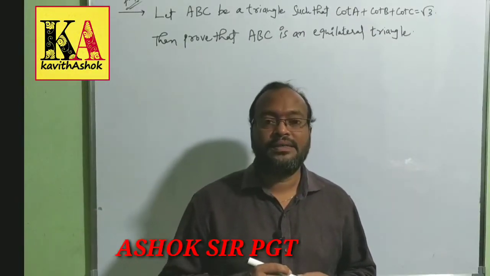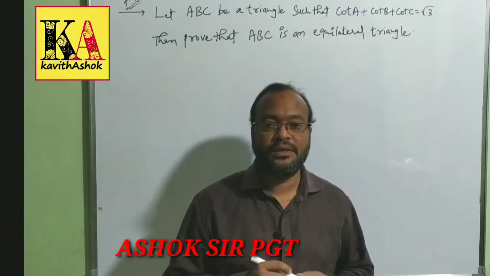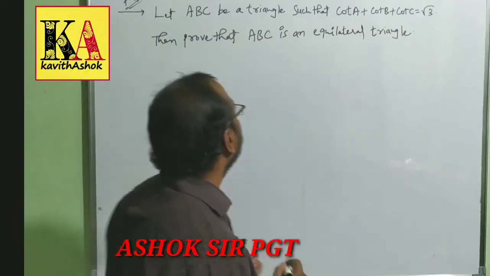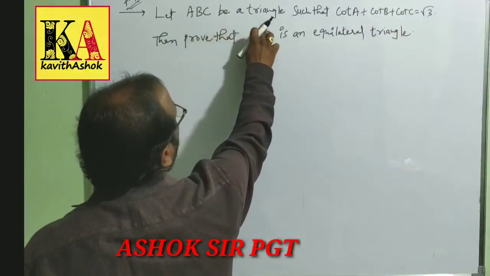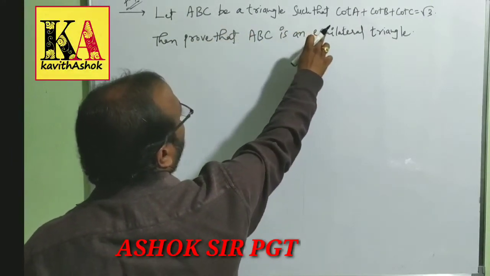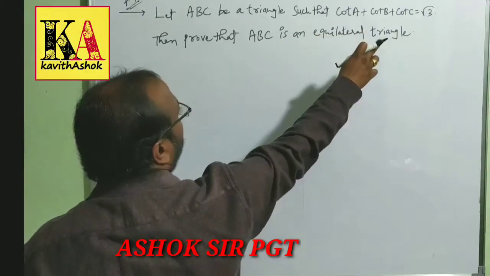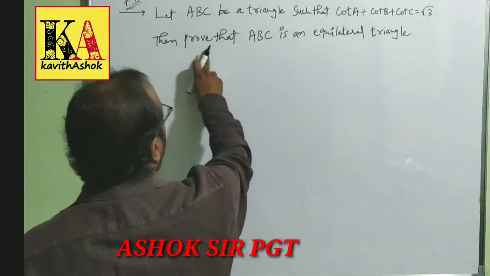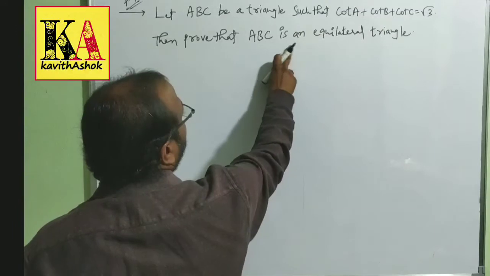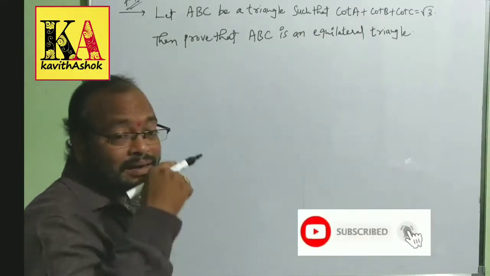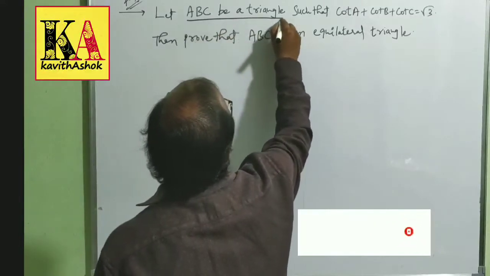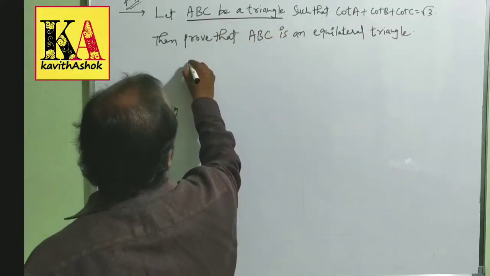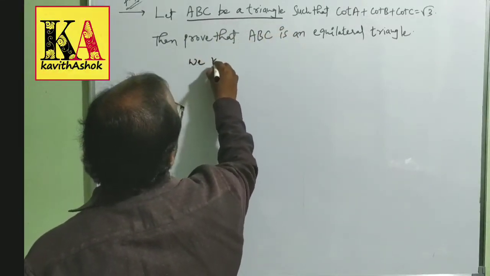Today we will discuss one important 7 marks question in the trigonometry topic. Look at it now. Let ABC be a triangle such that cot A plus cot B plus cot C is equal to root 3. Then prove that ABC is an equilateral triangle. So what is given here? ABC is a triangle. So in a triangle, we know that